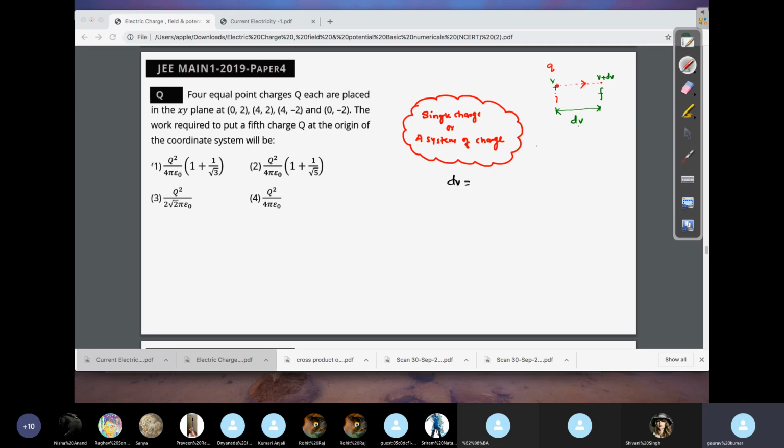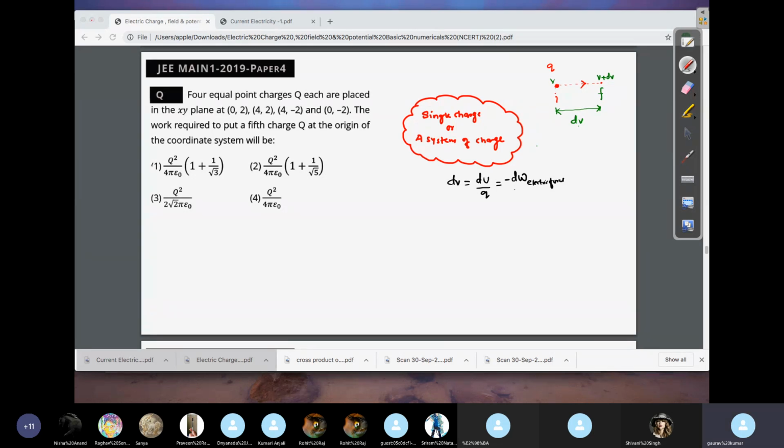Obviously, this charge which you are moving will have some potential energy with respect to this configuration, and then with respect to this configuration, right? So we'll have some change in potential energy also. dU divided by the charge that you have moved, that is Q, is always given as minus of a small work done by the electric force